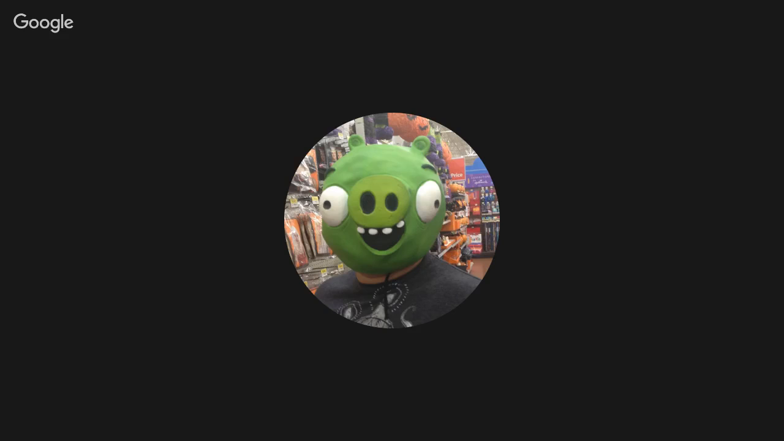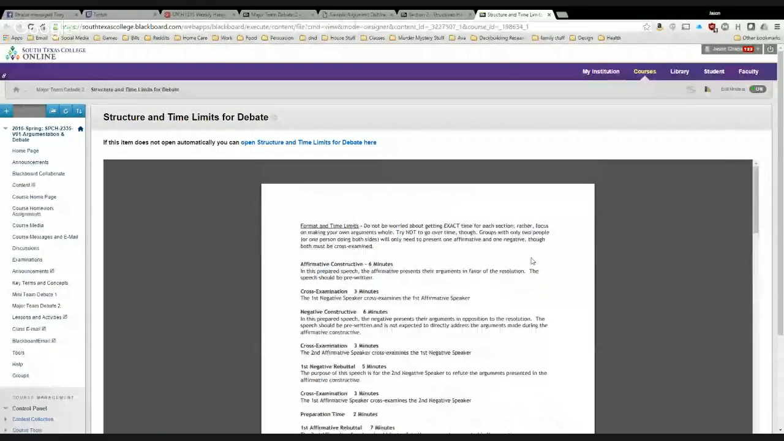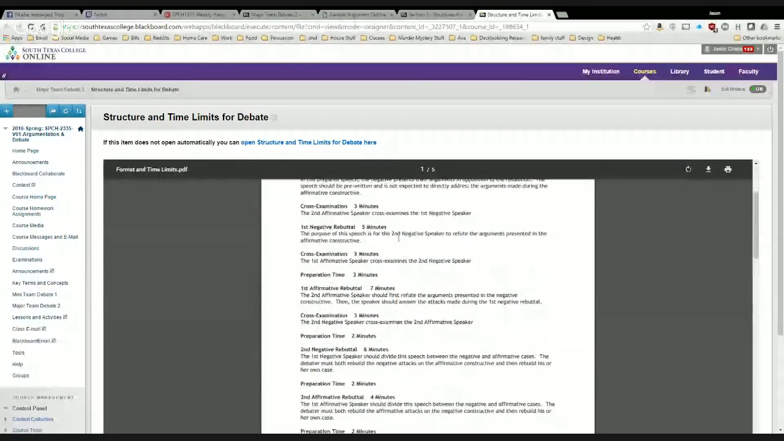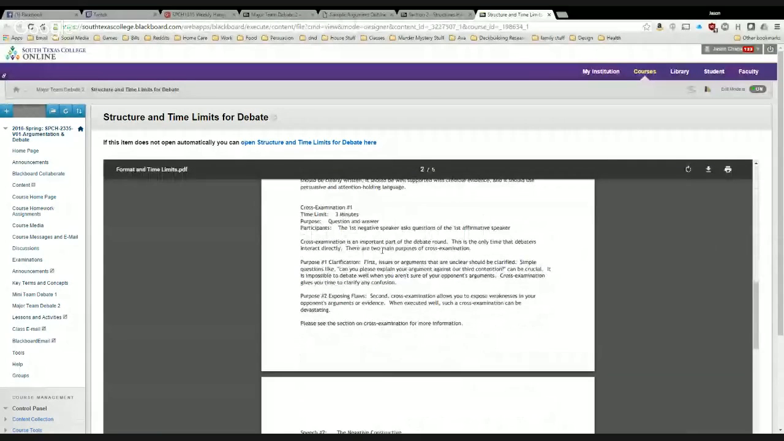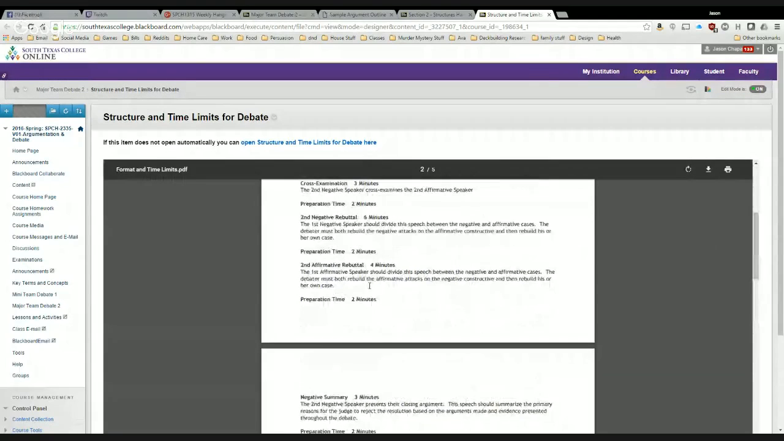But yeah, that's what you're going to be doing for your argument. Now let me show y'all just another thorough thing that explains the different sections at length. This is the file that's under that. It's called the Structure and Time Limits for Debate. I believe that I typed this out where I found it, and it explains everything that you're going to want to be doing